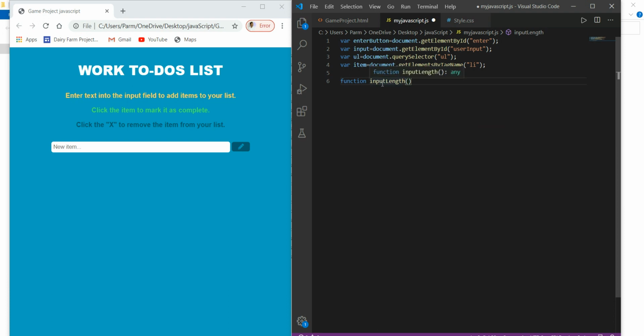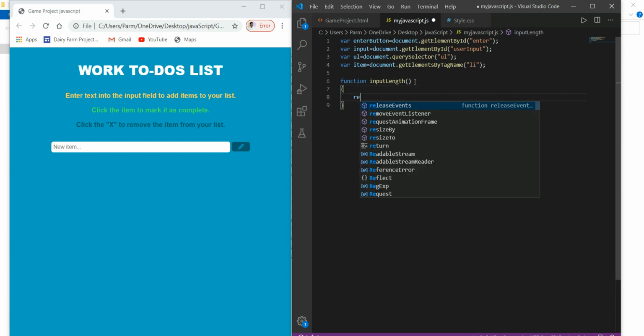This is the convention of JavaScript, that if our function name consists of two or three words, the first letter of the first word is small, whereas the second word has its first letter in capital. Okay, so we have to write the body of this function, that is to be in curly brackets.